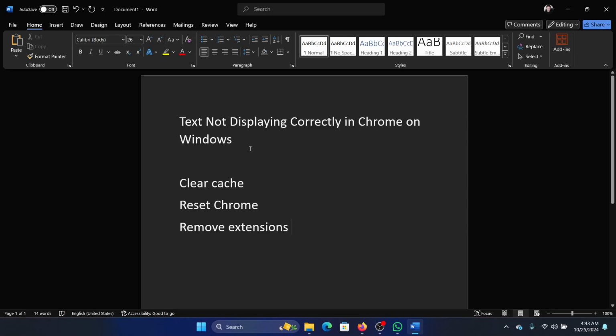Hey friends, if the text is not displaying correctly on Google Chrome browser on your computer, then please watch this